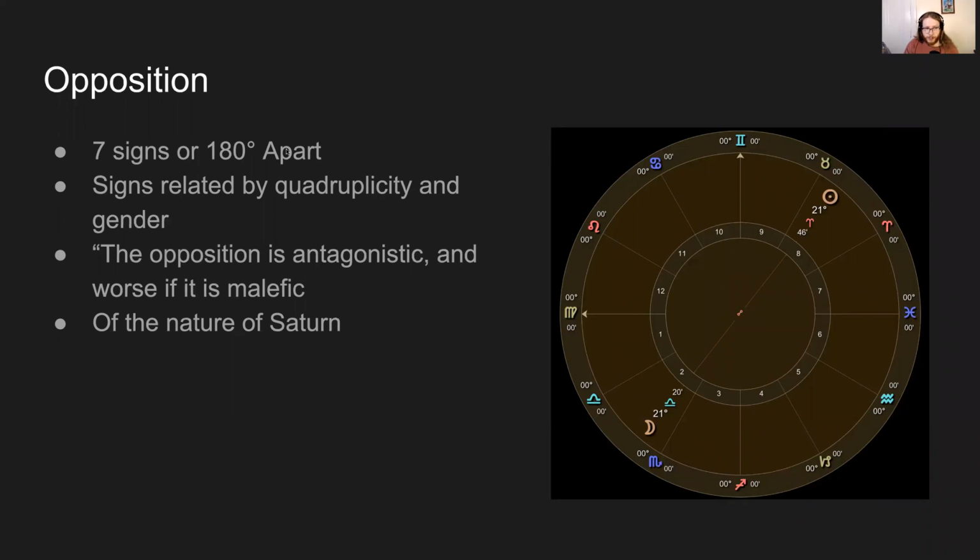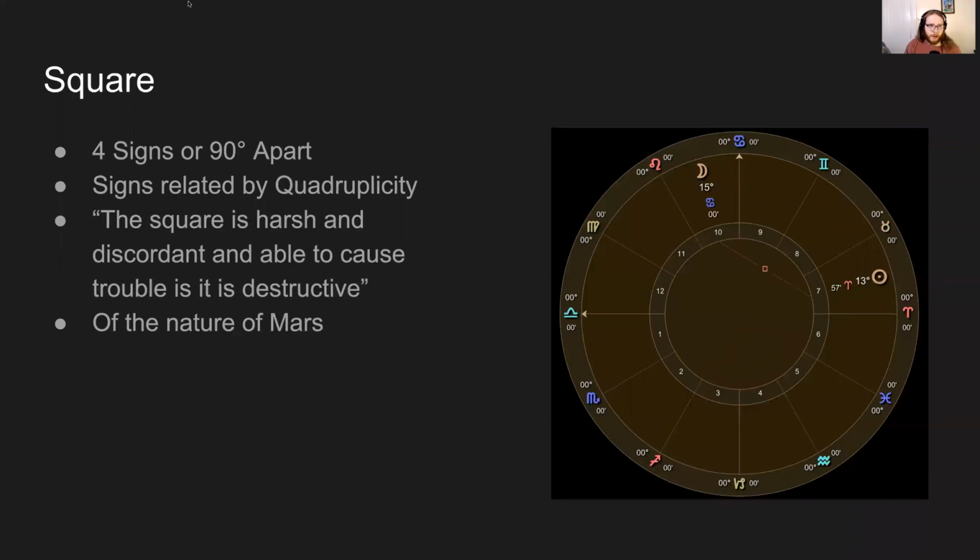So next up is the opposition. These are going to be 7 signs apart. So again, or actually, I'm going to go back to the square and just show you. It should be kind of obvious. But if we go